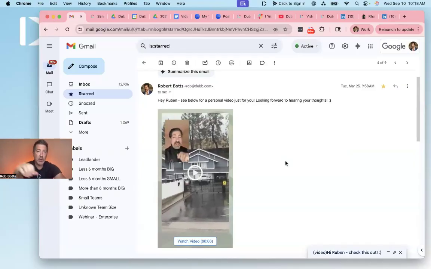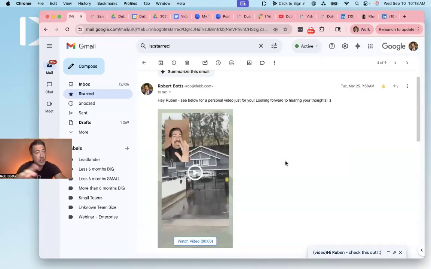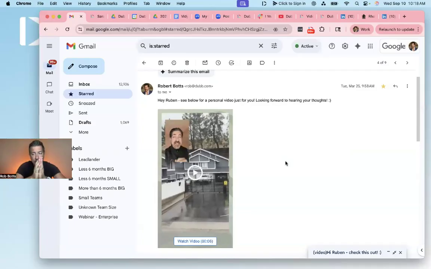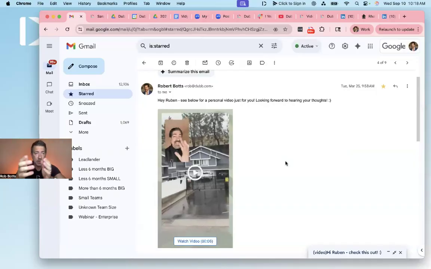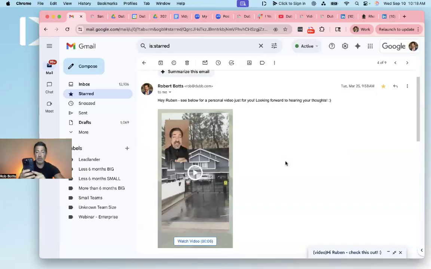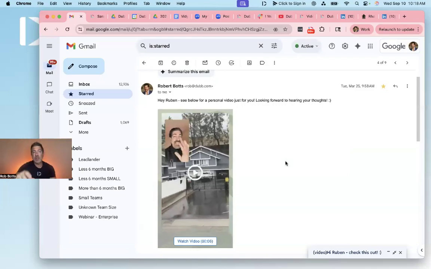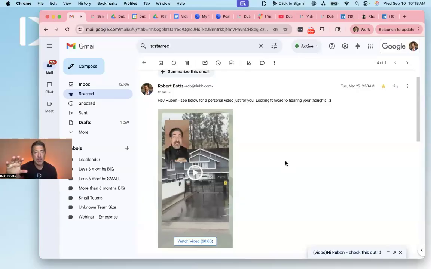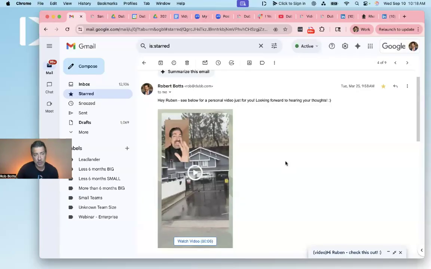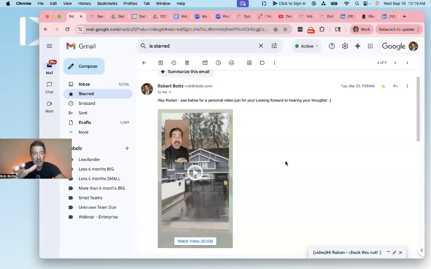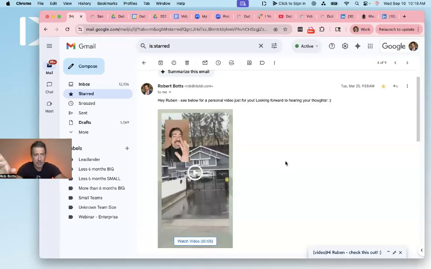Now, outside of real estate, if you're not in real estate and you want to use something like this, you can do it in a couple scenarios. You can pull up someone's profile or website on your laptop or your desktop computer, take your phone and just record and lean into the person's profile or website. And you can do the same kind of thing where you're recording and talking about something that's on their site or even on their LinkedIn profile. And that's a different kind of neat visual way someone sees you presenting yourself that looks totally different than when